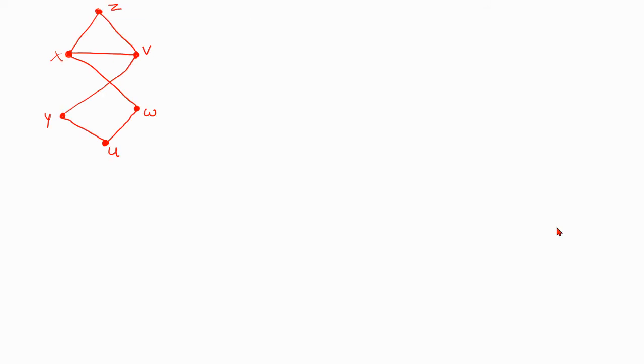Now, let us consider this another graph. Let's check whether this is bipartite or not. Okay, we have our vertex set x, y, z, u, v, w. Okay, so now in these cases, let's see what happens. We want it to be partitioned into two sets, V1 and V2. Now V1, let's start with the vertex z. I put my z here. So now from z, which two vertices have the edges? That is v and x. Therefore, we can put v here, x here.